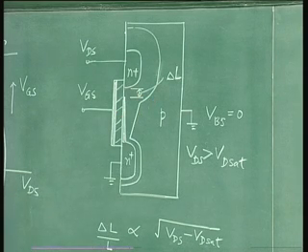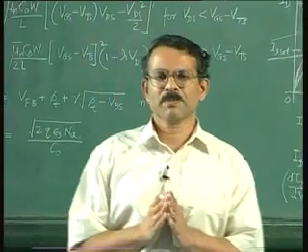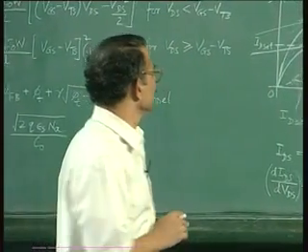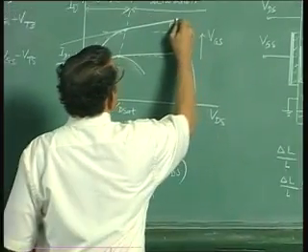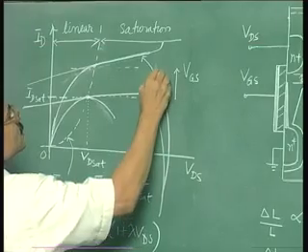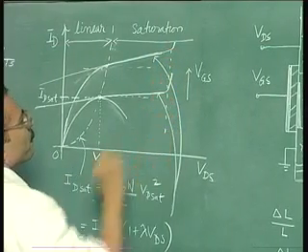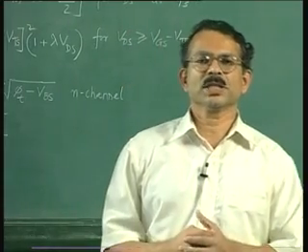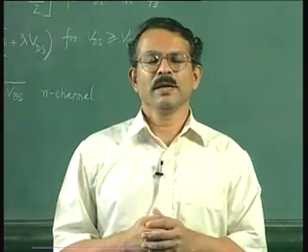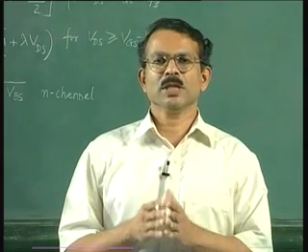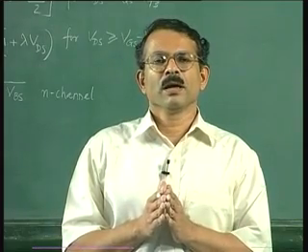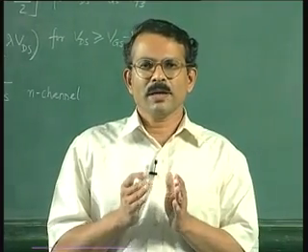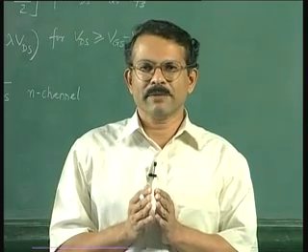So the breakdown phenomenon in MOSFETs is very simple. All the characteristics, when they reach breakdown, will simply go up like this at the breakdown point. Now that completes the discussion of the DC characteristics. Now just one point I would like to emphasize, all the discussion of our DC characteristics that we have done,